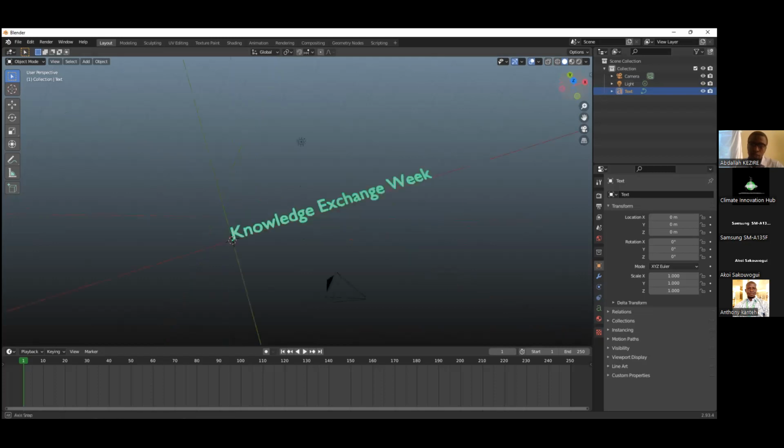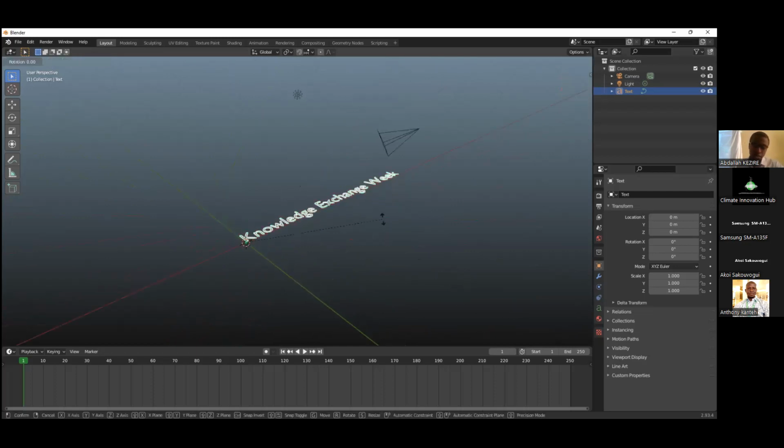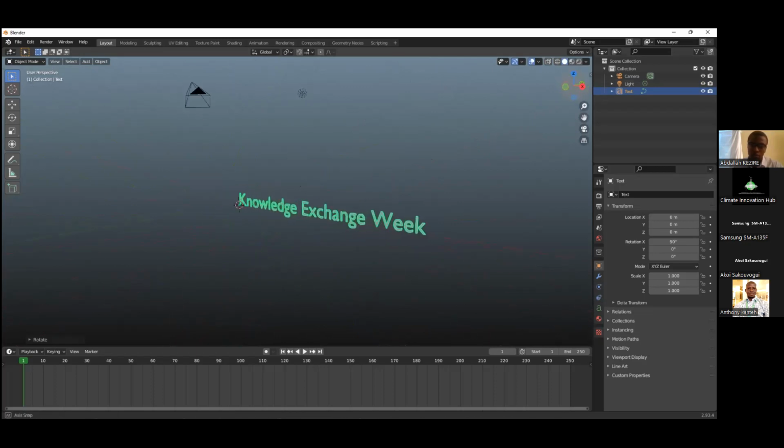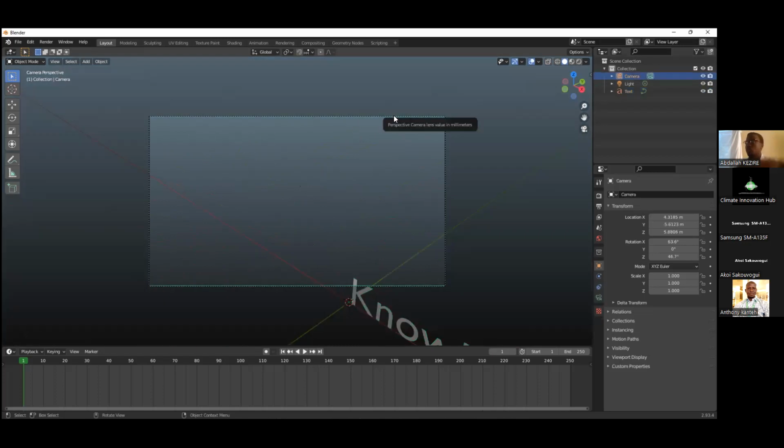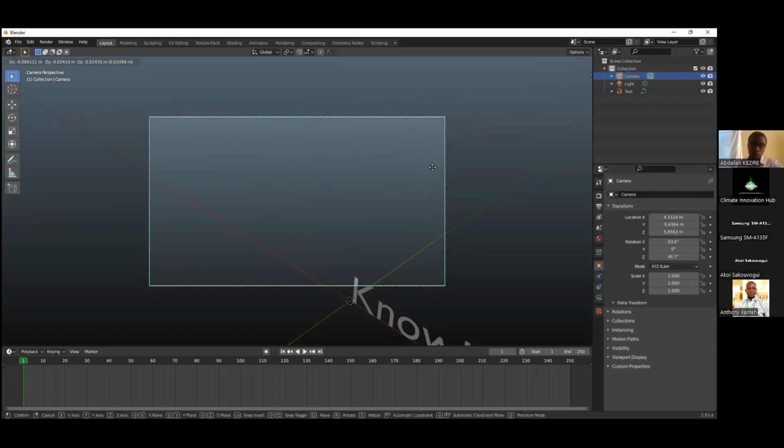So now I've added this object. It is a text, and you will see that it's kind of on the floor. So I will rotate it with respect to the x-axis, and it will go up like this. So now you will see that it's here, right? Now I have my camera here. You see that the camera is actually showing somewhere else, right? I'll use my drag tool, the one I was talking about, to drag my camera where I want it to be.